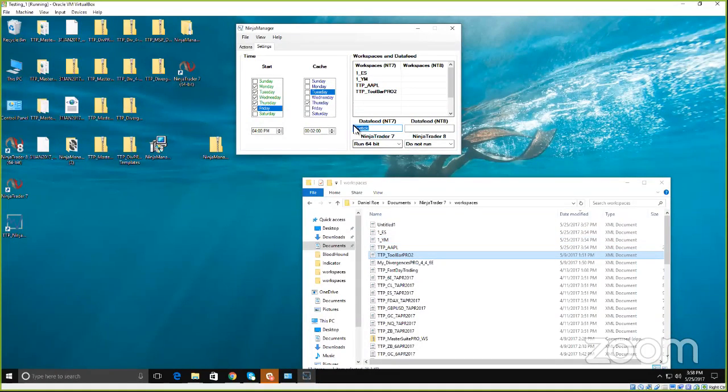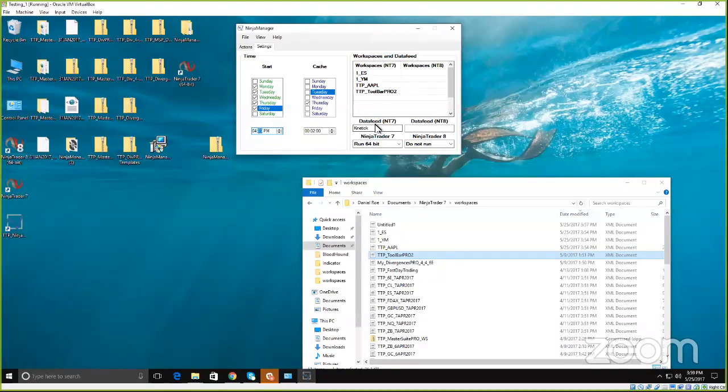Okay, and then you just simply spell out the data feed connection. I'm pretty sure, yeah, it might be IQ. No, it's Kinetic. Okay, and then you set which instance of Ninja you want to open, whether that's the 64 or 32-bit. Okay, so now it is 3:59. What I want to do is I'll set this to 404. 403. So when it hits 401, it's going to delete the cache. And then when it hits 403, it will open up Ninja, open up these workspaces,